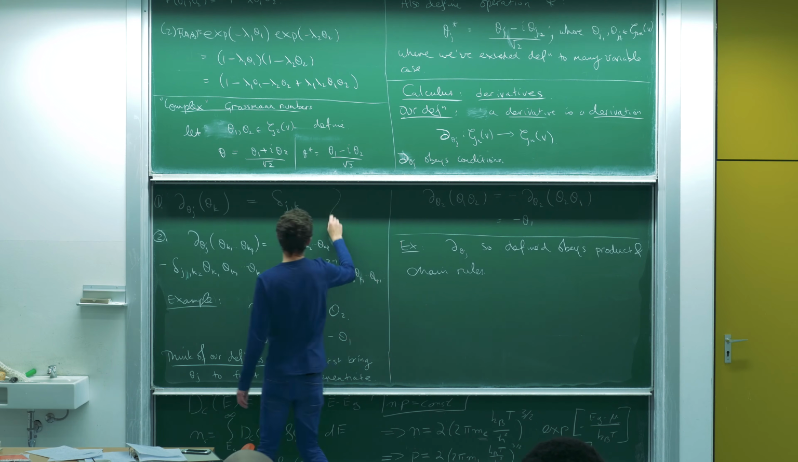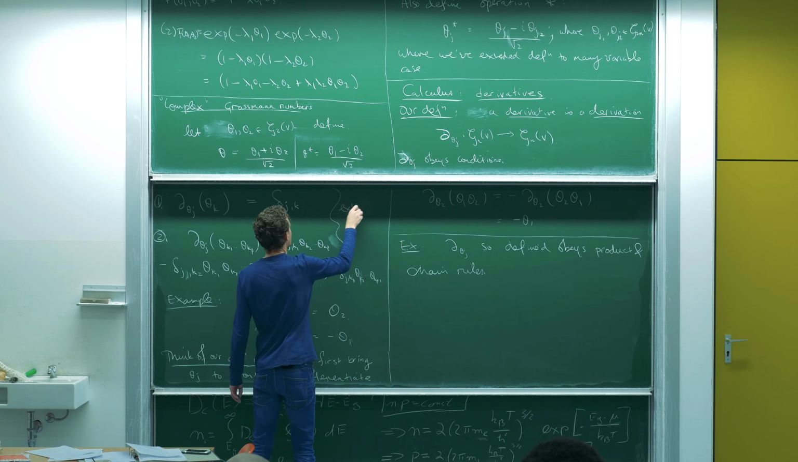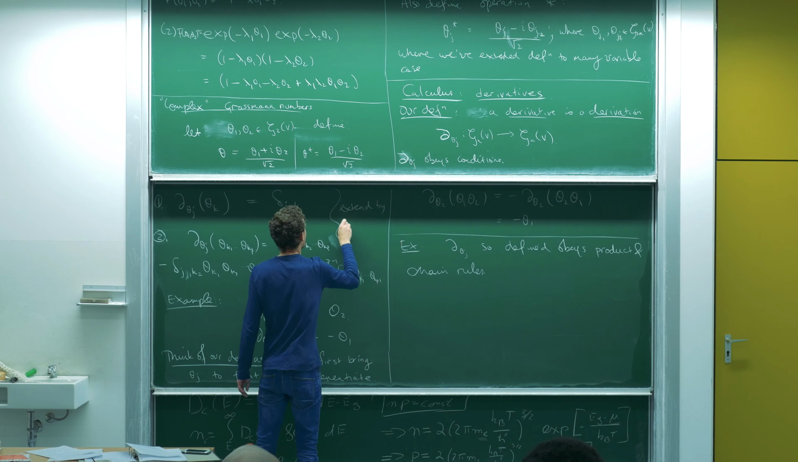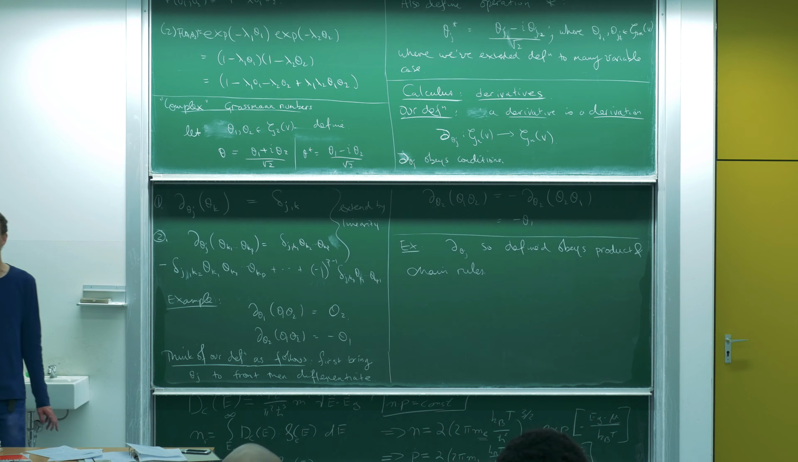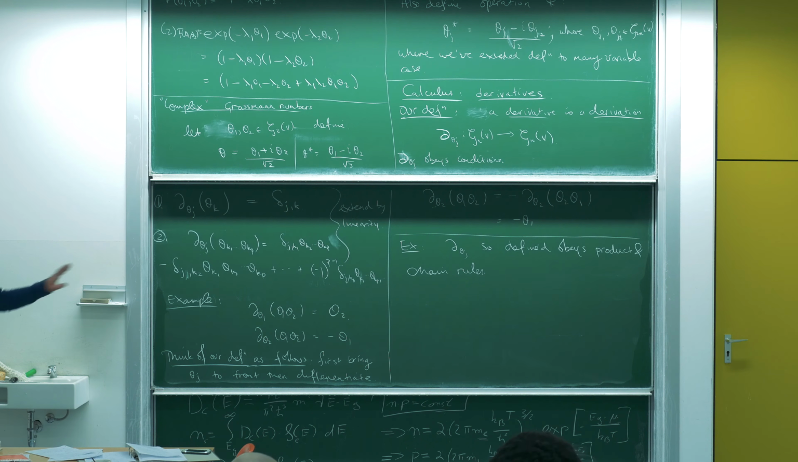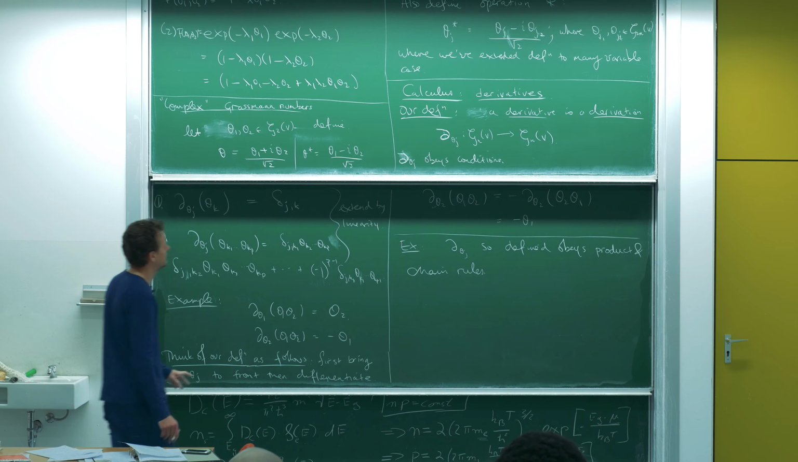What I didn't say, but I hope is clear, is you extend the definition by linearity to apply to any element of any Grassman number. So it's a good little exercise to prove that this definition here obeys the product and chain rules, as you would hope for a derivative. So this is a reasonable counterpart for a derivative